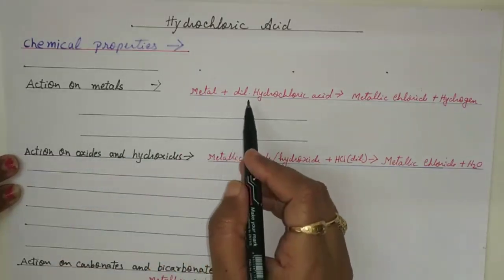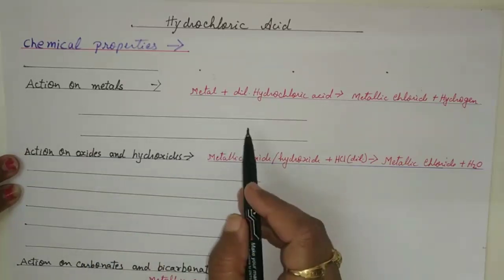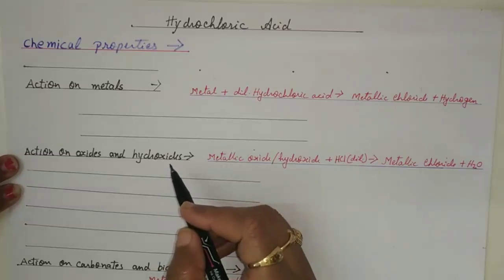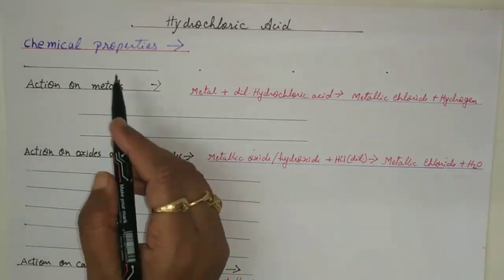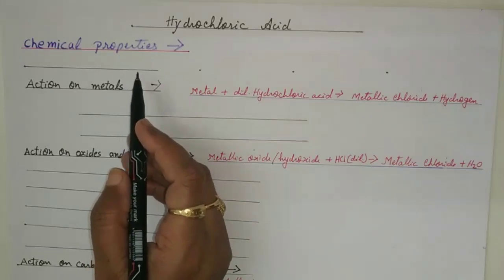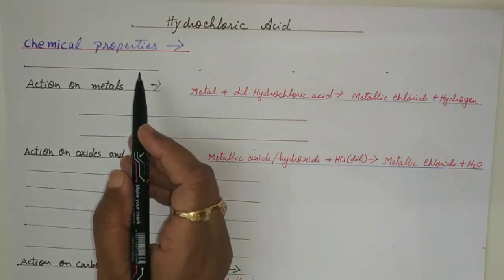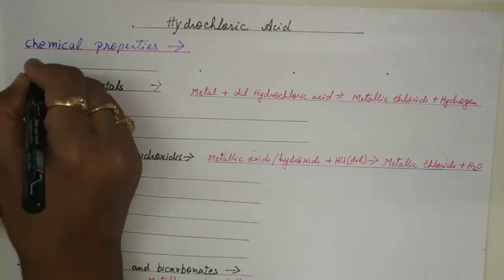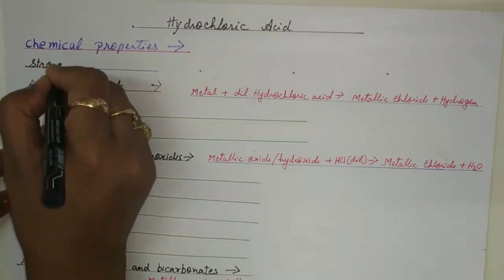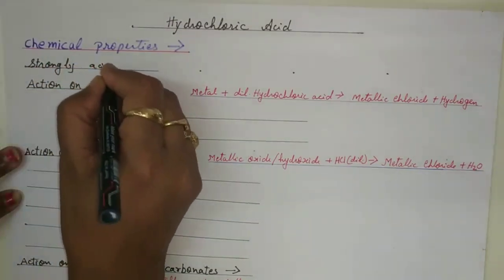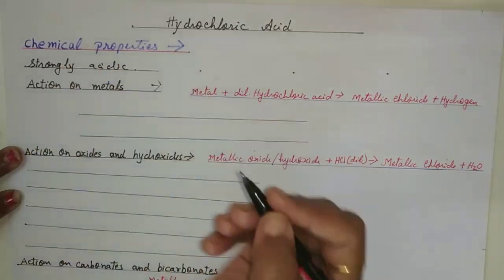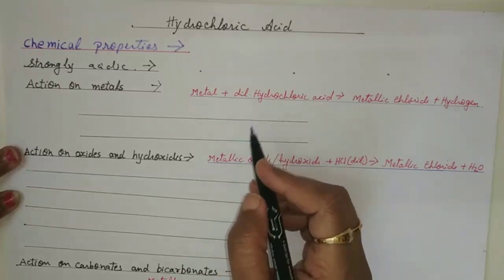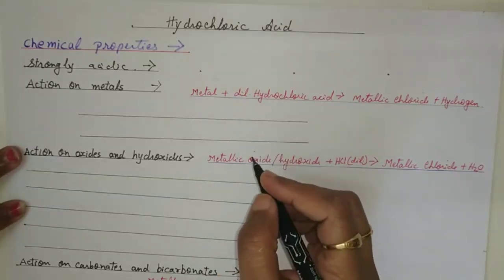I will show you the mechanism. I will write the equation for you. I will also clear the types of questions that can be asked from this part. So to straight away start with the chemical properties of hydrochloric acid, the first one is it is strongly acidic in nature. So when we say acidic in nature, it will definitely answer to the indicators,